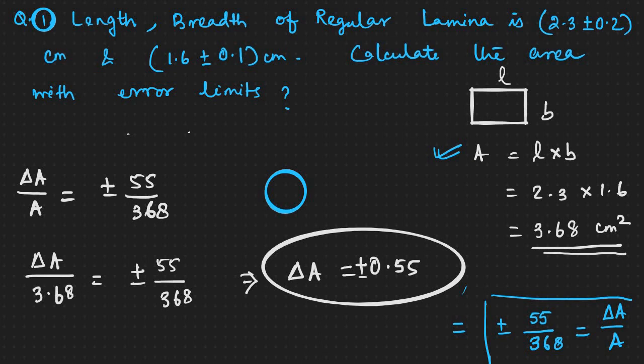And if we know the relative error, we can of course find del A by A into 100. So there is a chance that we may find it difficult, but it is very easy. You will simply find the total error in the area. After the error in the area and the relative error are found, you can just divide it and multiply by 100 to give you the percentage of error. So this is so easy. You can also do it. Nothing to worry, nothing to think, but you should do one question at least for your sake in your notebook, which I'll be giving in the end.